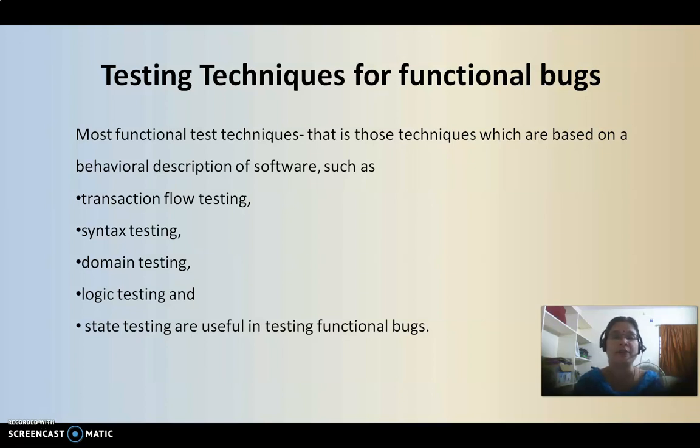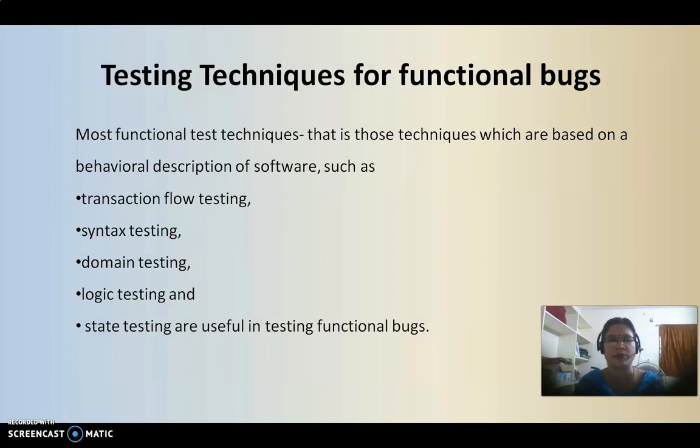Next we are going to talk about the various testing techniques for functional bugs. What are functional bugs actually? Most functional techniques are based on the behavioral description of the software. What is the meaning of functionality? Functionality describes the behavior of the software, which is nothing but its completely dynamic behavior.